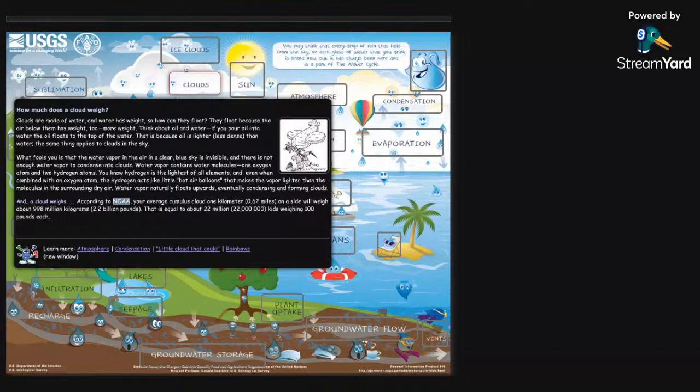I mean, that kind of makes sense though, I guess. Like a cloud will be 0.62 miles. That's not even that long. I guess because water droplets are so light and because they're becoming so dense, like it's such a small point, of course it's going to weigh that amount because it's such a dense point.